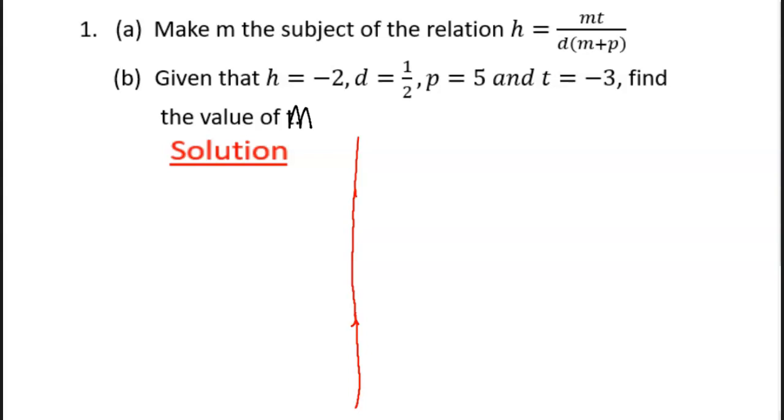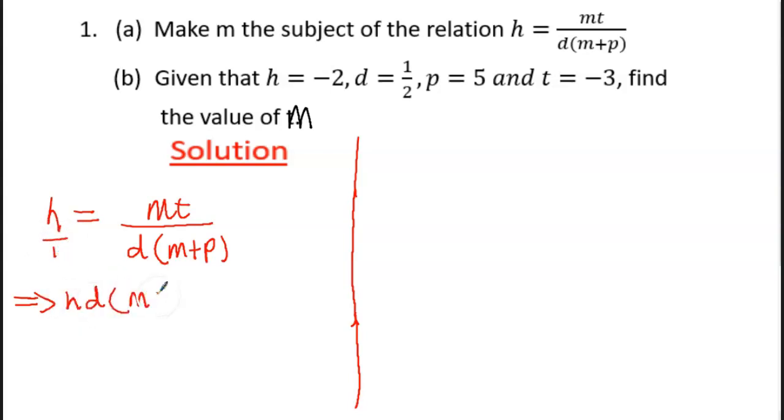So let's see how we are going to do this. We have already done more examples on this. So we have H is equal to MT over D bracket open M plus P. With this, to find M, we can cross multiply. So let's do that. This is over 1. So H bracket open M plus P